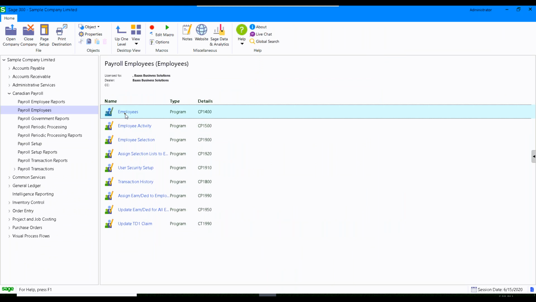So we are going to be setting up an employee in a few minutes, or we're going to be looking at how to do that in a few minutes, but I want to review a couple of icons or menu items here that are underutilized. For any of you who use Sage 300 Payroll,